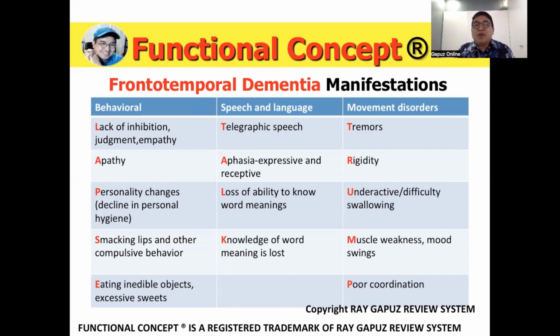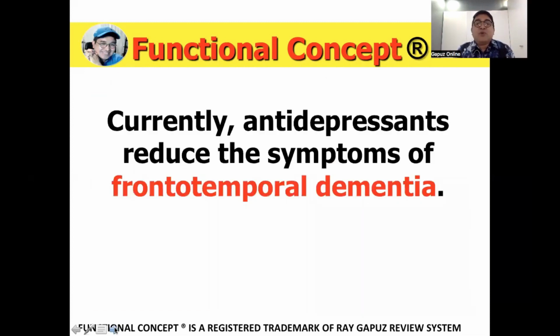So in Pick's disease, you have, remember, tremors, similar to that of your Parkinson's disease, rigidity, similar to Parkinson's disease, difficulty swallowing, once again, similar to Parkinson's disease, muscle weakness and mood swings, and of course, poor muscle coordination like clumsiness, similar to Parkinson's disease. So currently, antidepressants are given in order to reduce the symptoms of